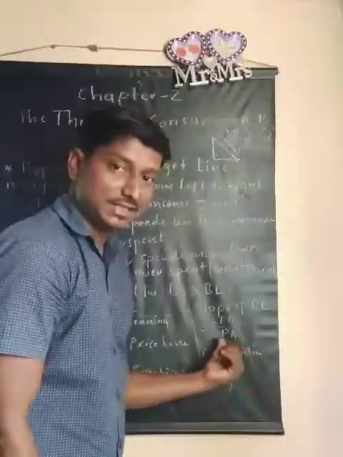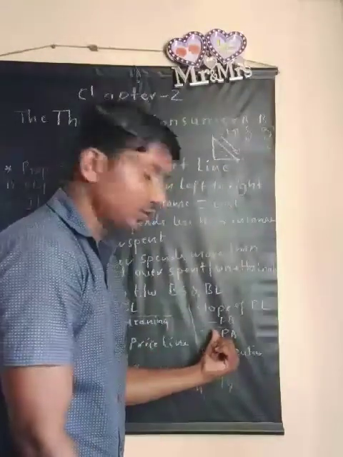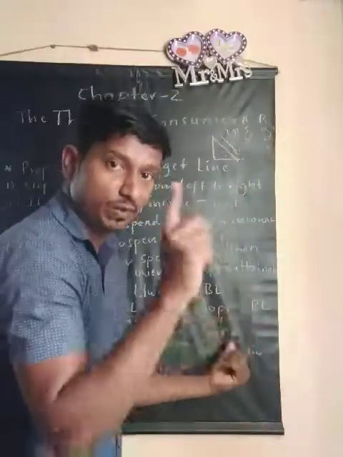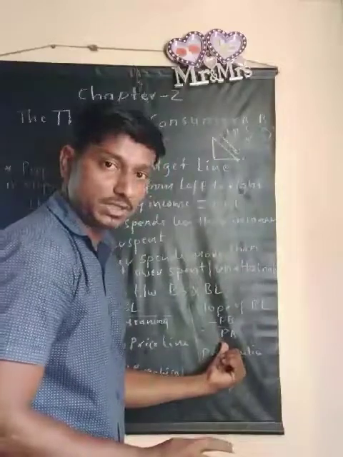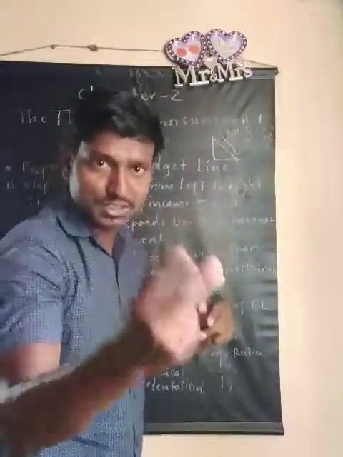So once again I'll tell you, minus indicates sacrifice, or what you are going to lose. What are you losing here? You are losing banana. So how many units of banana are you losing in order to get 1 unit of apple? That is what we are going to see here. In the last case I already told you how many units of banana you are going to lose here: 2 units of banana.